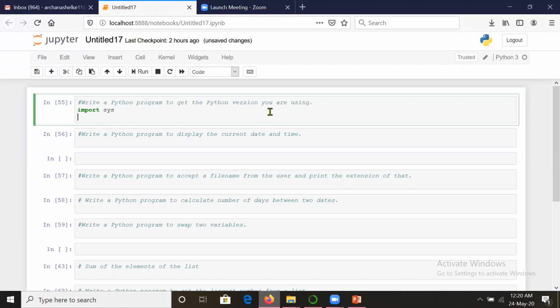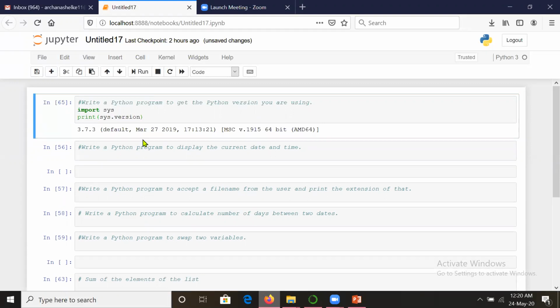So we import that, and we just want the version. So we will write sys.version. It will give us the current version of your Python. It is showing 3.7.3 and 64-bit. So this way, within a single command, within 2 lines, you can know the version of Python.